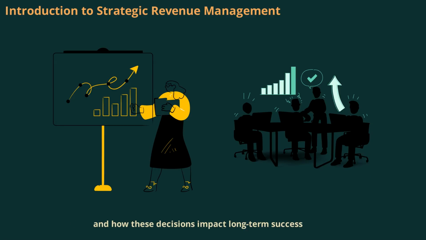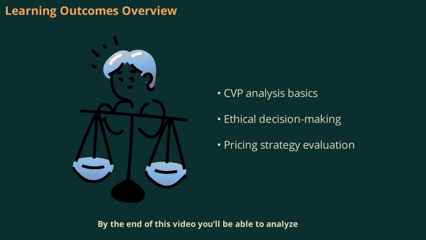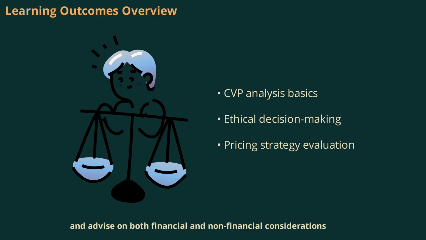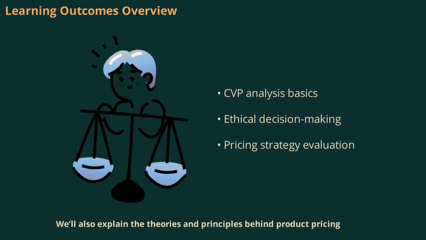We'll start by understanding the types of decisions businesses face and the importance of both quantity and quality. By the end of this video, you'll be able to analyze short-term decisions using cost-volume profit (CVP) analysis, discuss ethical issues in decision-making, and advise on both financial and non-financial considerations. We'll also explain the theories and principles behind product pricing, evaluate different pricing strategies, and understand the importance of sensitivity